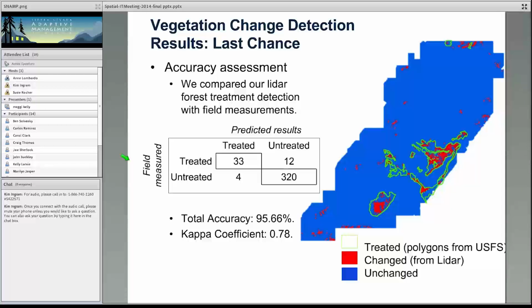Also, I want to mention that we have also tried other algorithms for detecting the change of vegetation from Lidar data. But most of the algorithms give us a pretty consistent result. And the blue color here represents the unchanged area. As you can see, the treated area and the change area detected from the Lidar agree pretty well in the majority of the area. But we do see some discrepancy that we would like to investigate later on,